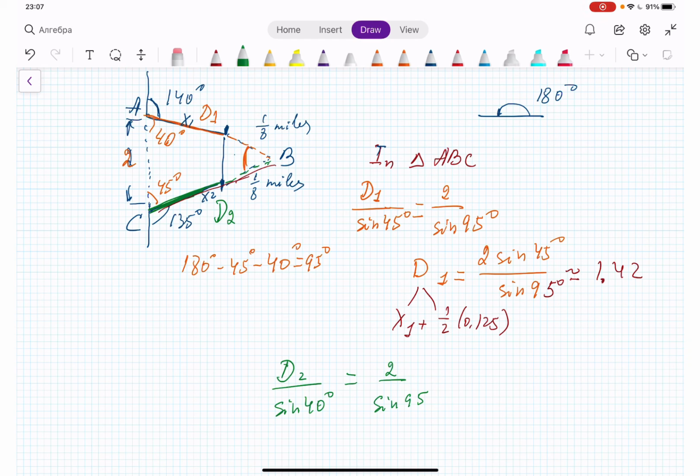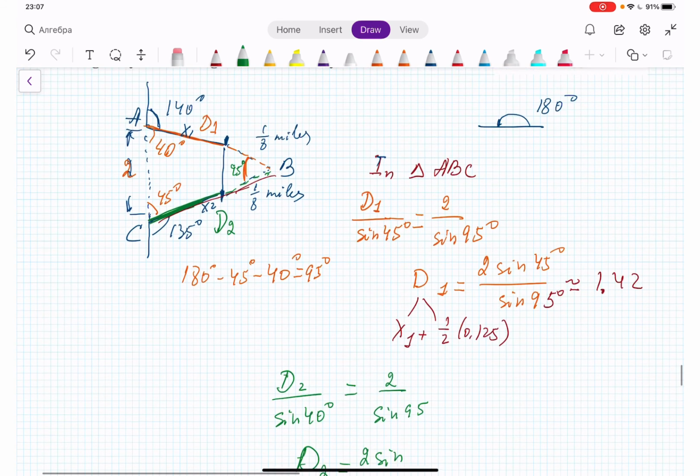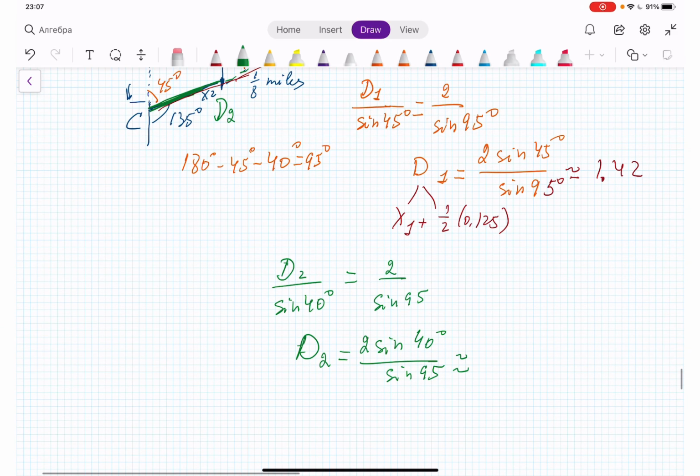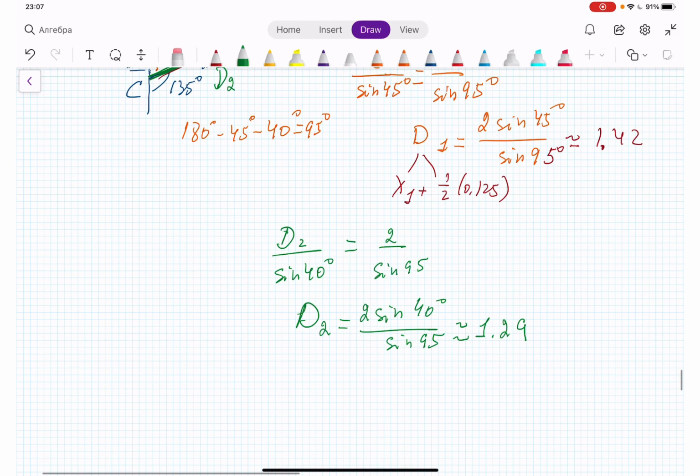This is our 95, angle B. So from here, D2 is equal to twice sine 40 over sine 95, and this is approximately 1.29. Okay, D2 is also X2 plus 1 over 8,